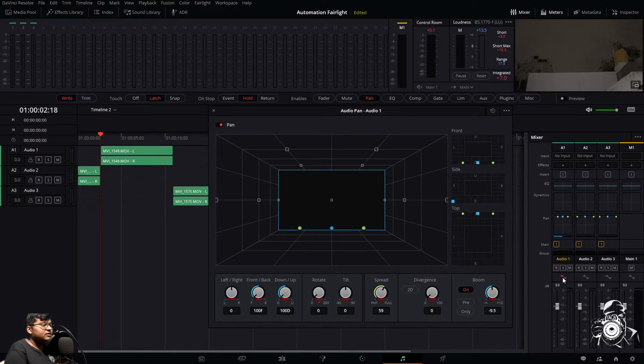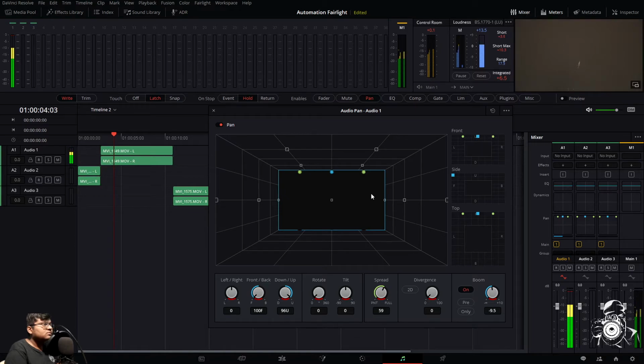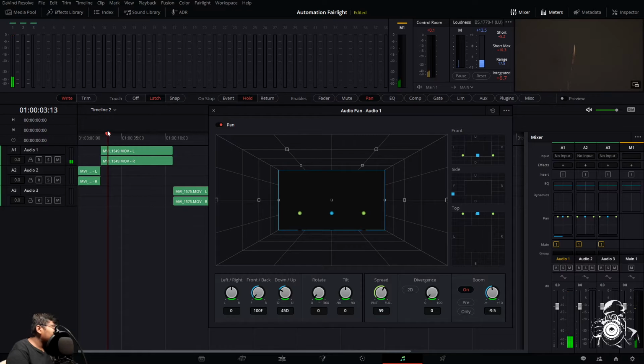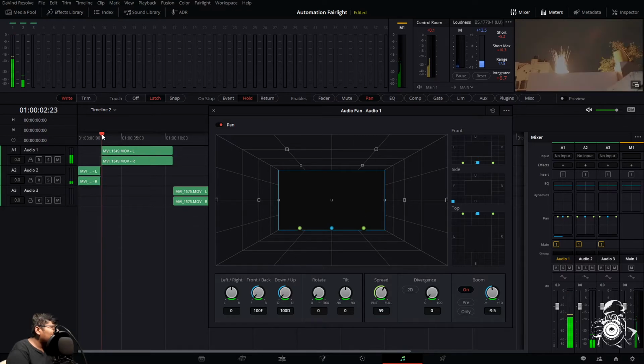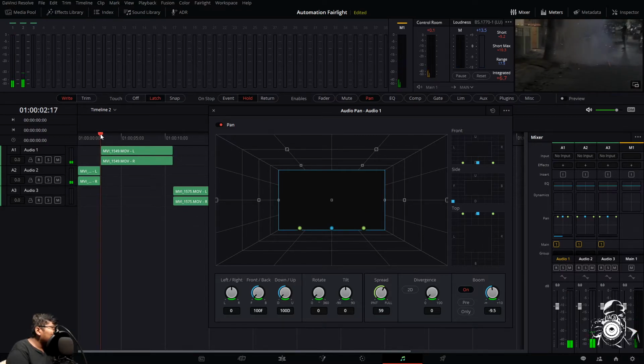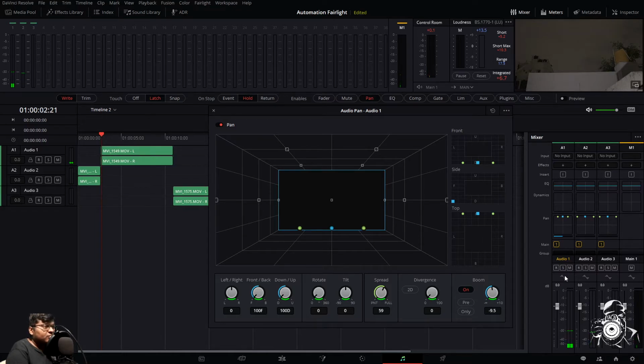Again here, okay, it's in the start only. So then I'll keep the automation over here little bit up.